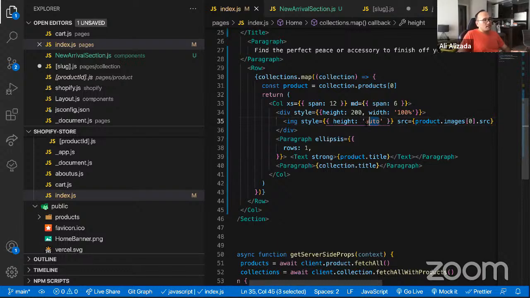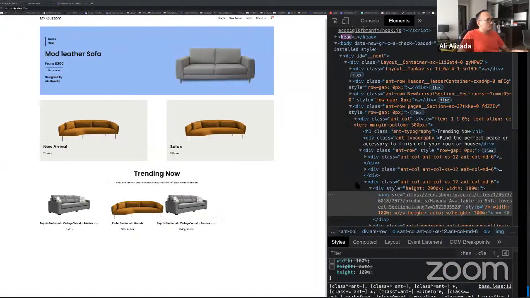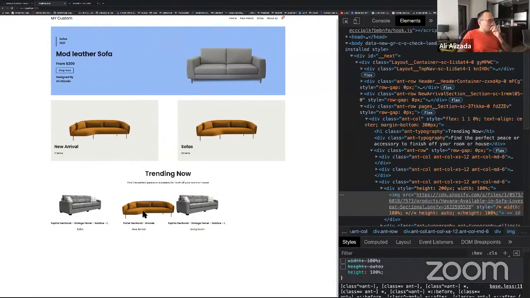And then we say height going to be 100%. Okay, we got the same thing, and at least height is the same. And now you say how are we going to width the image. Width should be